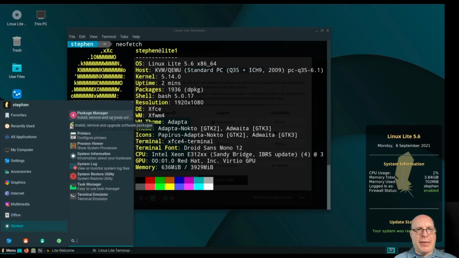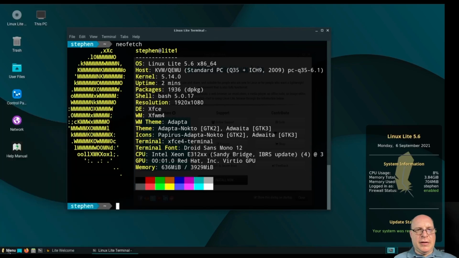Under System, we've got Package Manager, that's Synaptic. Very nice. Whole bunch of packages available there. Can have a drive partitioner, printers, configuration, process viewer, that's htop, I guess, system information, system log viewer, system restore utility, that's Timeshift, the task manager, and of course the terminal emulator that we've been using all along. Okay,